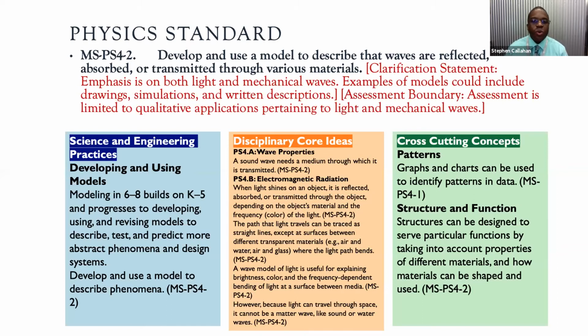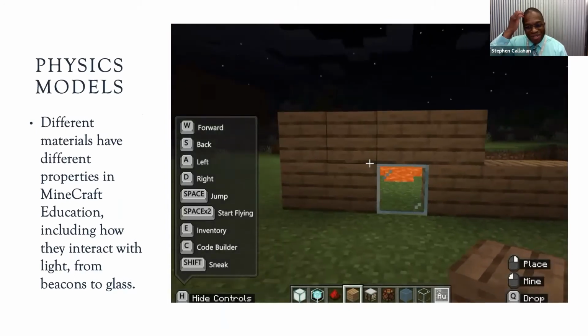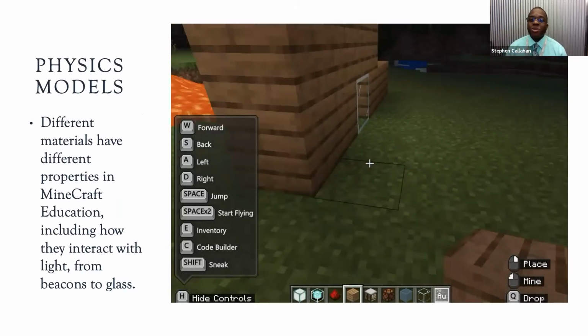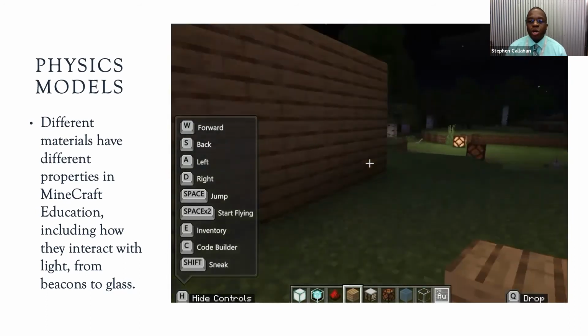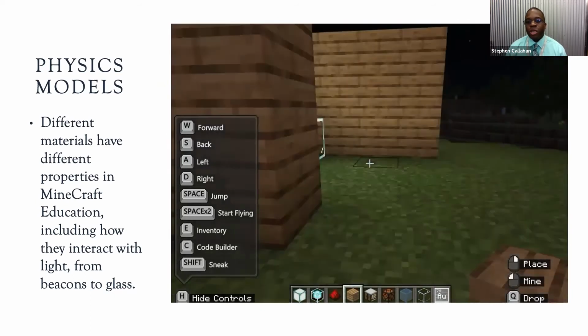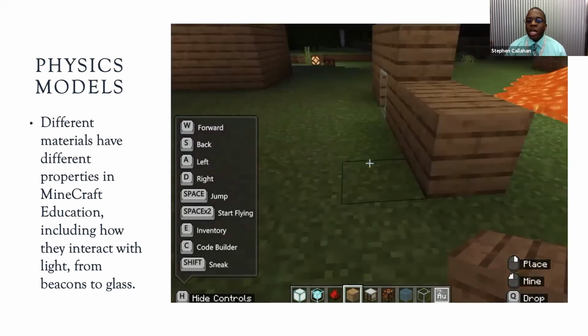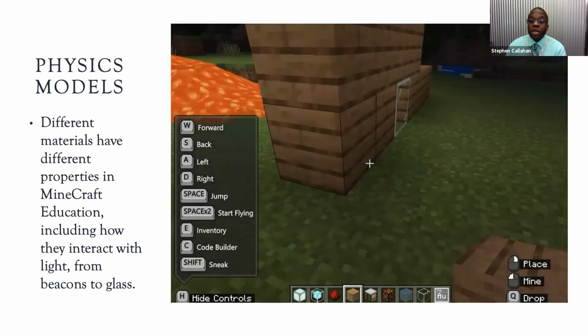So here's a quick little demo that I recorded. Notice it's nighttime, a useful aspect of nighttime. Notice I have the glass and you can see through it. It's dark over here, but you notice it's the light around that lamp. It's bright in here. So that means we had things that were both transparent